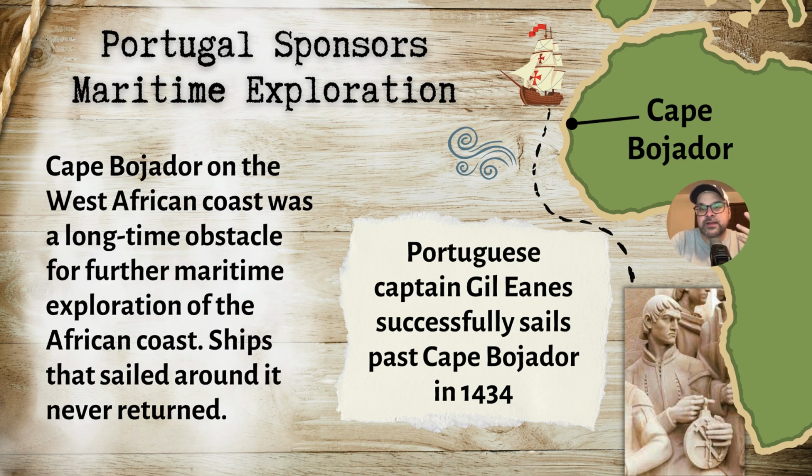And he also wants to find a good source of gold and slaves for Portugal to have direct access to, because, yes, the trans-Saharan trade routes were a good access point for slave labor, enslaved people, and for gold. That is part of what was traded in the trans-Saharan trade routes, along with salt and other things.